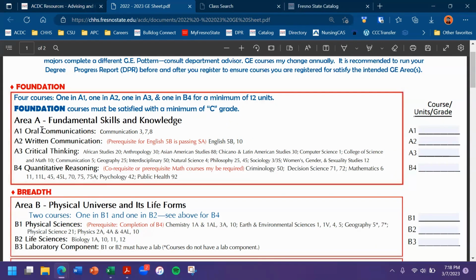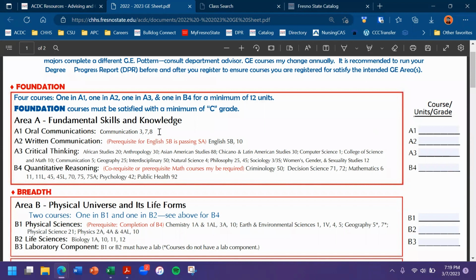The foundation area, besides being critical to the rest of your courses and giving valuable skills, is important because it also shows us how to be selective and intentional with general education courses and potential majors, minors, and even certificates. For example, in the first area, oral communication, we have 3 courses and generally can pick any of the 3. But you might ask, well, what is a COM 3 or COM 7? 3 is public speaking, 7 is persuasion, and 8 is group communication.